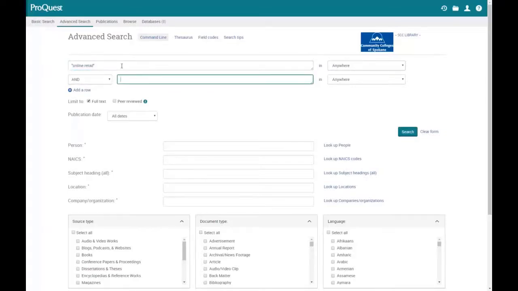And if I want to focus specifically on malls, we can start with just malls, but usually you don't want to keep more than one main idea per box. You also note that I put quotes around online retail. This way the database looks for it as a phrase with those 2 words together, rather than finding online in one sentence and retail in another sentence or another spot on the entry. When we go ahead and hit search,